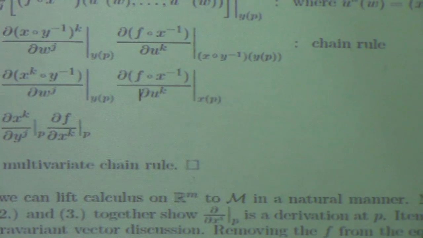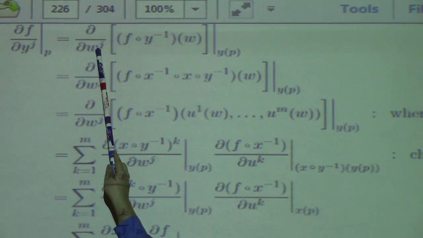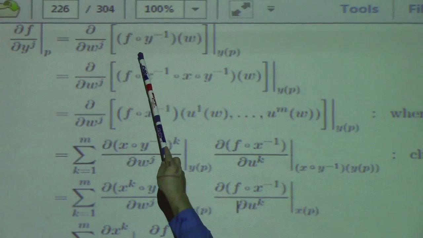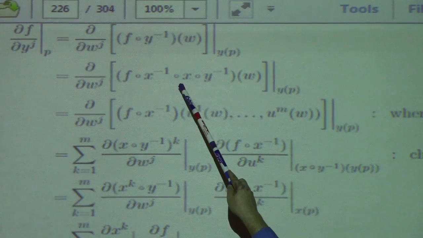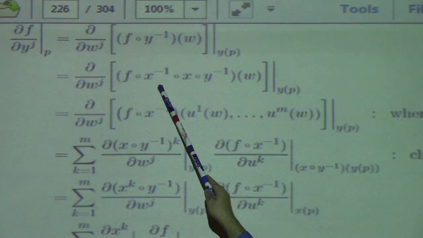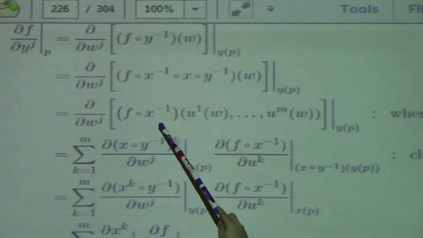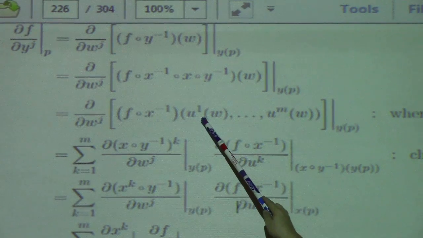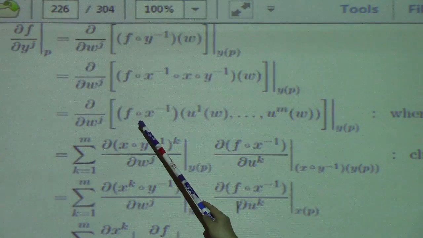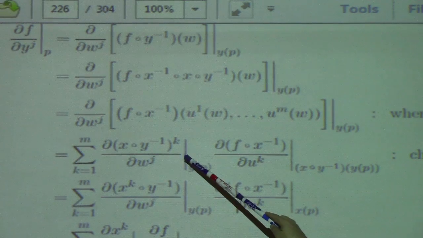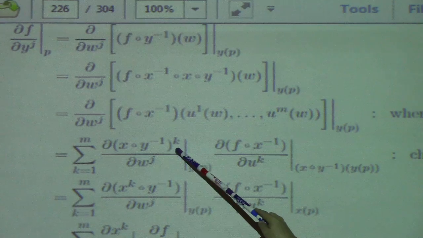Like here's the proof of the chain rule. Partial f partial yj would be, where the w's are the Cartesian coordinates down on the image of the y chart, the composite of f composed with y inverse of w. Now I want to change this to things in terms of the x chart. So what I do is I compose with x and x inverse, a common trick, and compose with identity. That makes sense where they overlap. And then using properties of composites of maps, I have this composed with that. But x composed with y inverse of w is actually u1 of w through um of w. And then I've got an ordinary differentiation of a composite function down on Rn, and I can use the ordinary chain rule. So by the calc 3 chain rule, if you will, I take the partial derivative of the kth component of this, x composed with